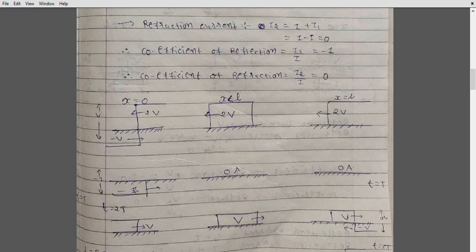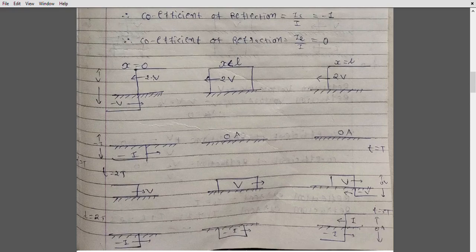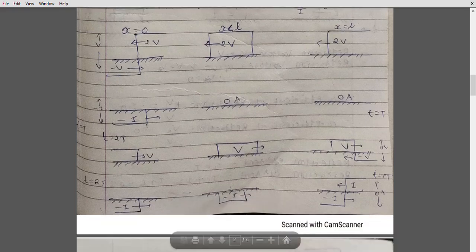So the voltage is now plus 2V minus V, then it will be V. Here you can see plus 2V minus V, then it will be V. Here it is minus I only, so minus I will travel through the transmission line. Just ignore this minus V and I for now. Okay, now when this current minus I reaches the receiving end, because the end is open, there can remain no current there, so the reflected wave of current will be plus I from the receiving end.